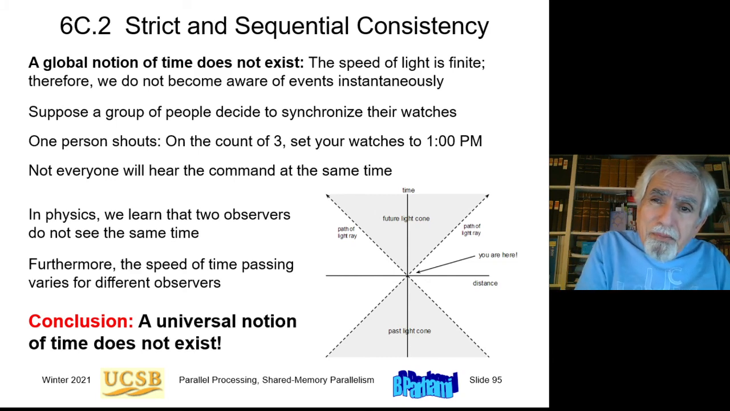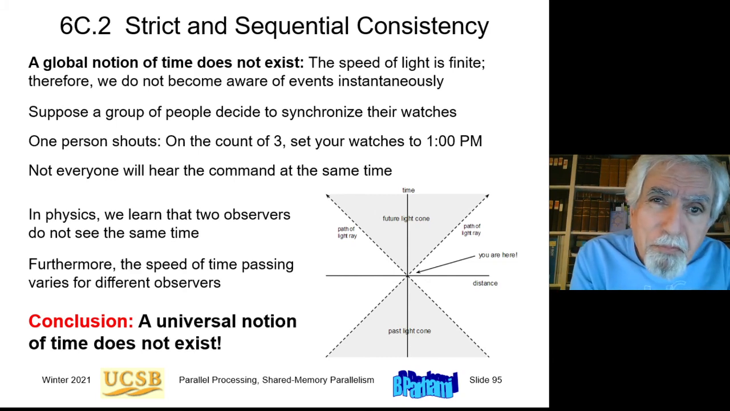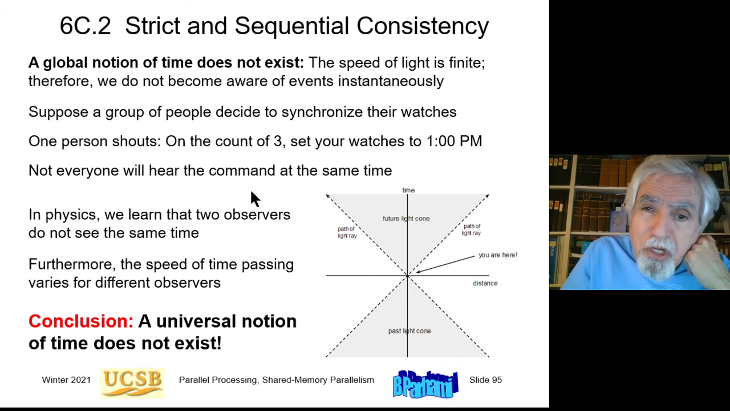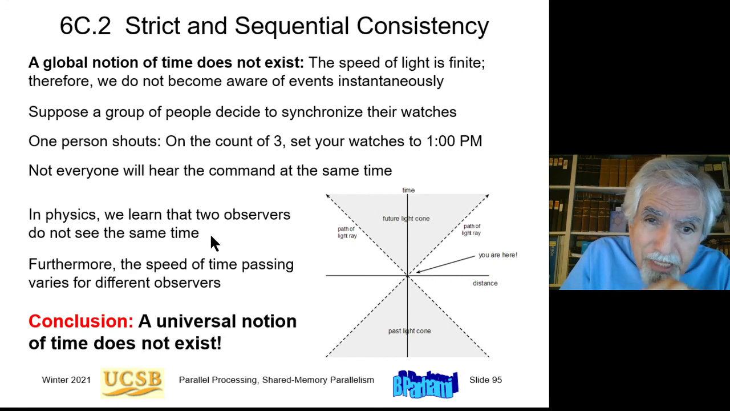And the next topic that I'll discuss, only briefly, is the notion of strict and sequential consistency. And this relates to the notion of time in distributed systems. Okay, from physics, you may remember that time is not an absolute thing, it's a relative thing. In other words, we learn in physics that two observers do not see the same time, because observing events at a different location requires information from that location to get to us,